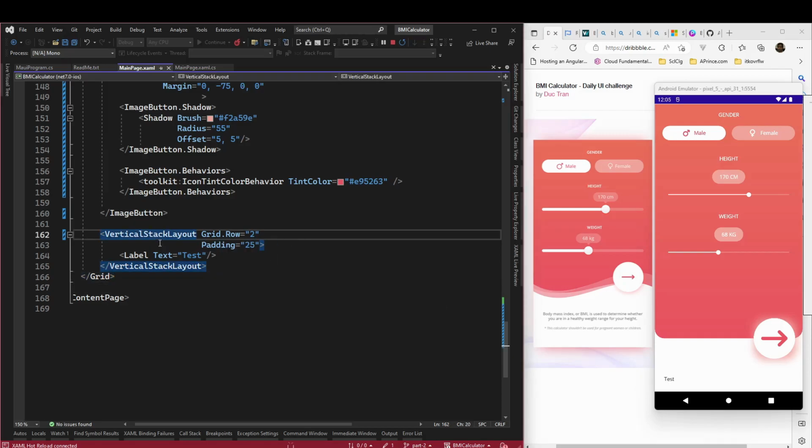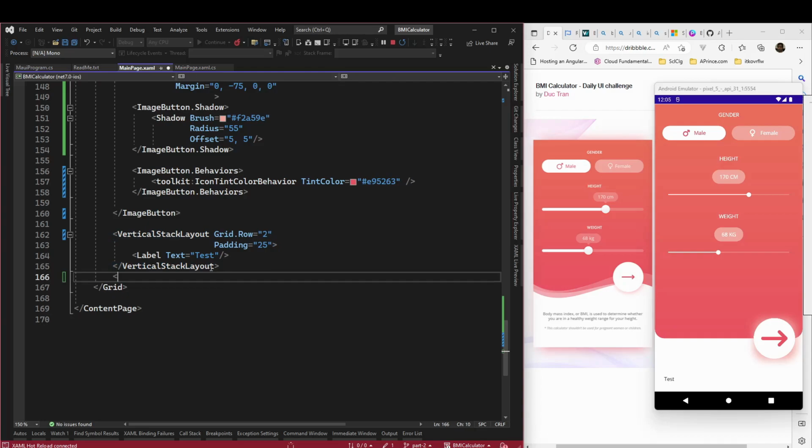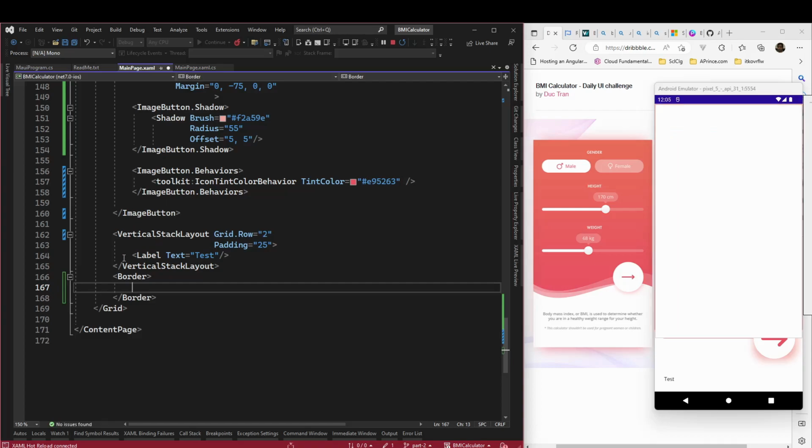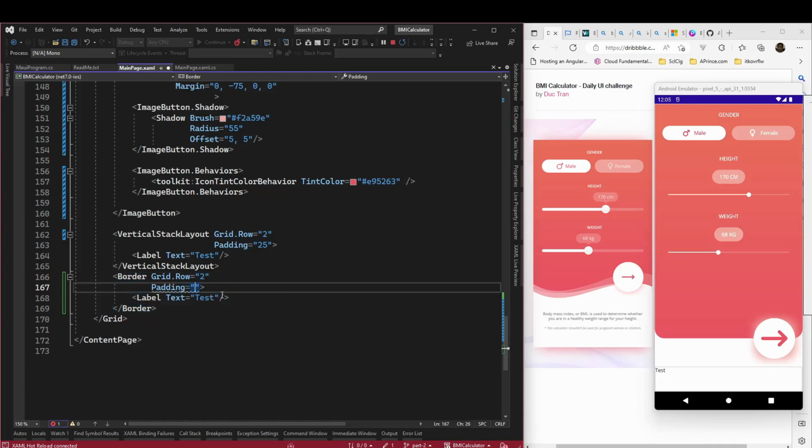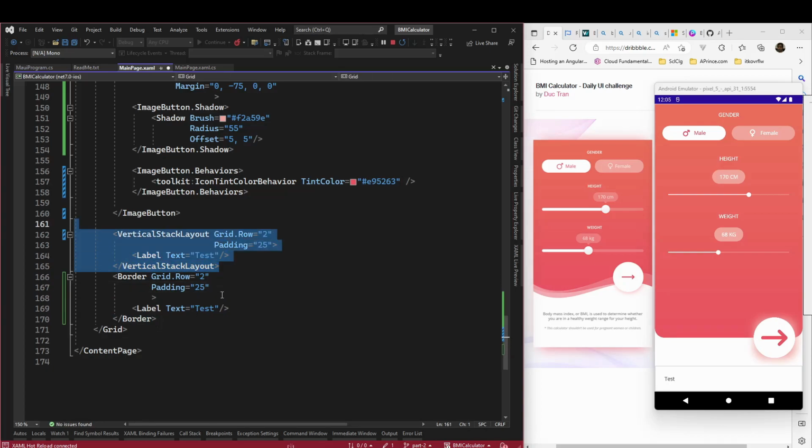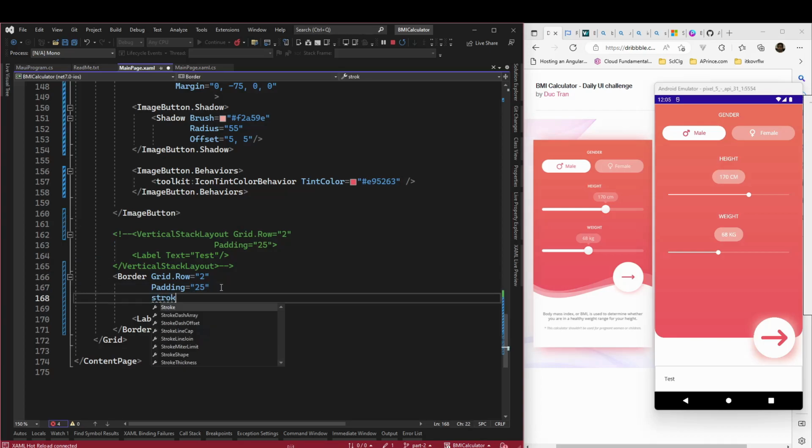That means for this vertical stack layout, instead of this vertical stack layout, what if we have it as a border, and then we had this thing, and on this border, first thing, let's use grid dot row 2. Fine, padding 25, which we had on the vertical stack layout. Then comment this vertical stack layout, and then try